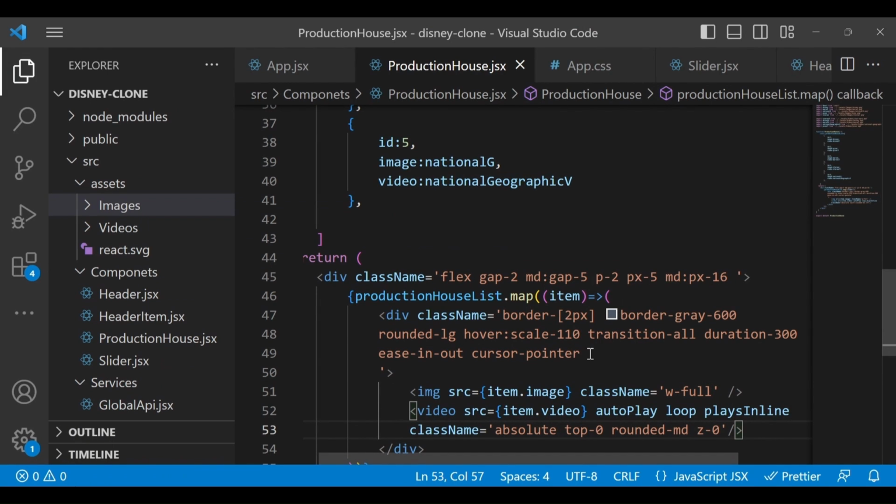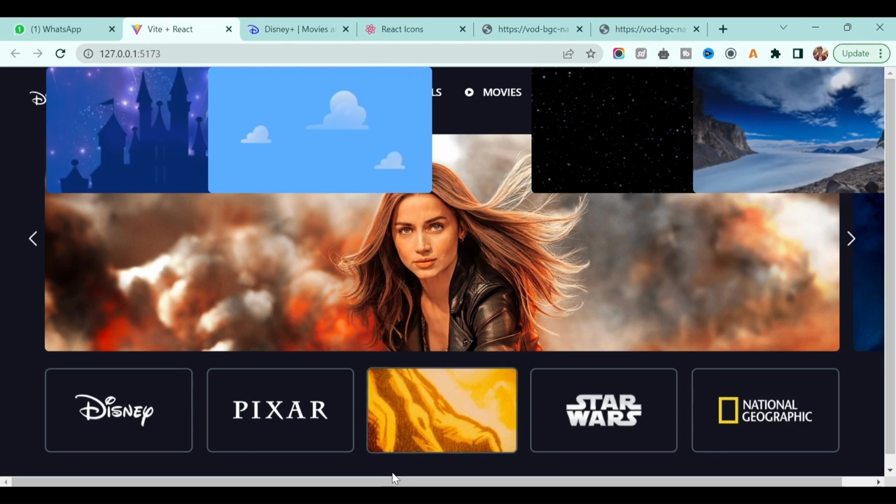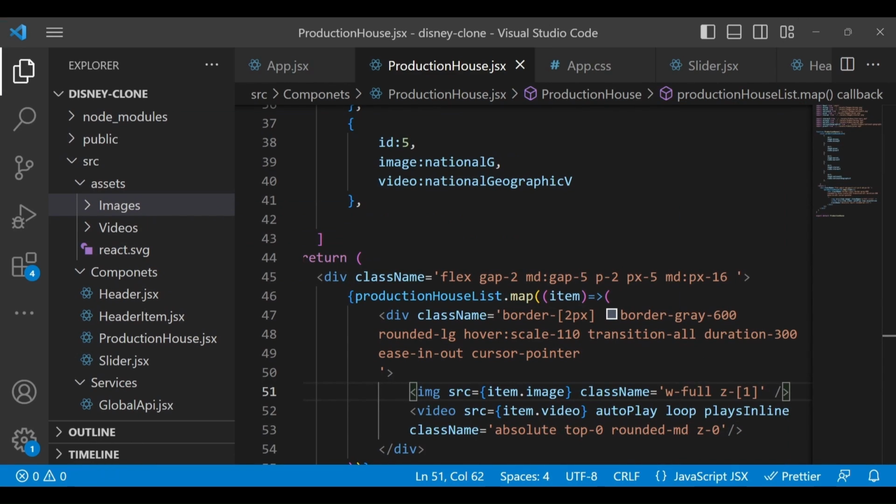And for this image we will add the z-index to be 1. Okay, so now it is working like this. Now the next thing, let's add the